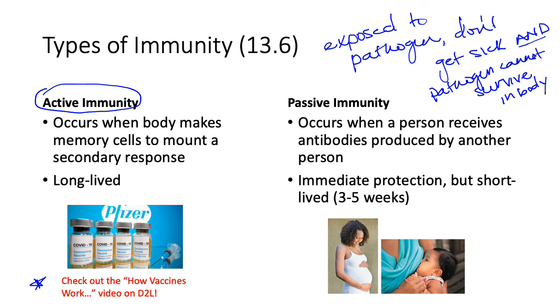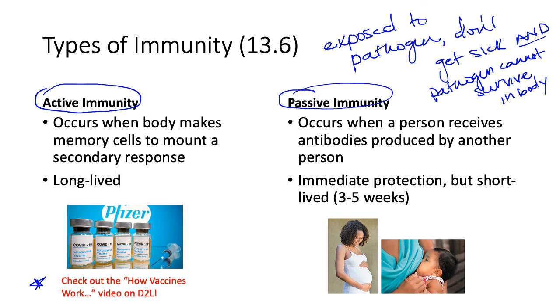So active immunity, you have memory cells, they can mount a secondary response. Passive immunity is a little bit different. Passive immunity occurs when a person receives antibodies that have been produced by another person. So for instance, during pregnancy, mothers pass their antibodies or memory cells onto the fetus via the amniotic fluid. So when a baby is born, while their immune system is just getting started and up and running, because their mother has passed on parts of her immune system, babies do have at least some